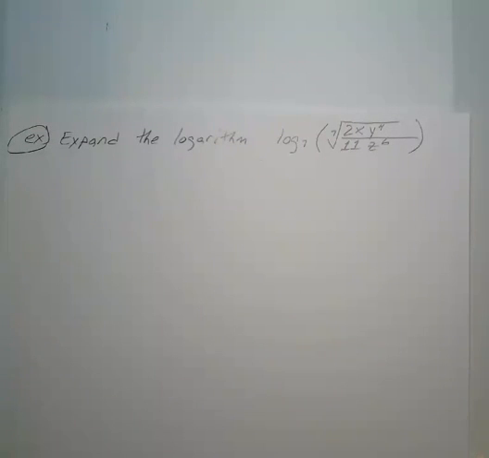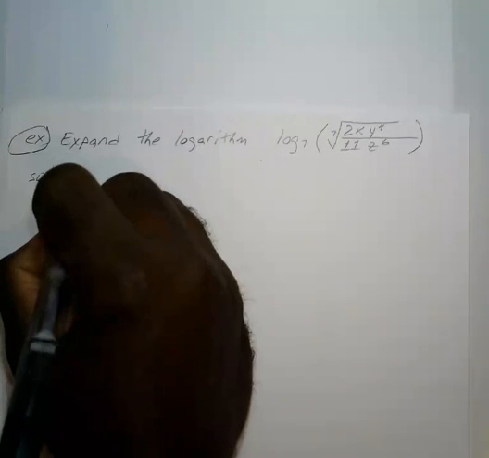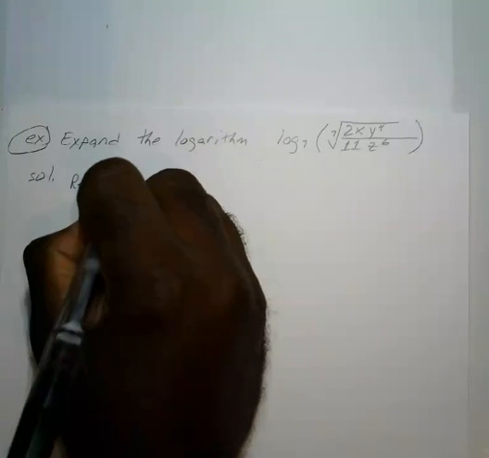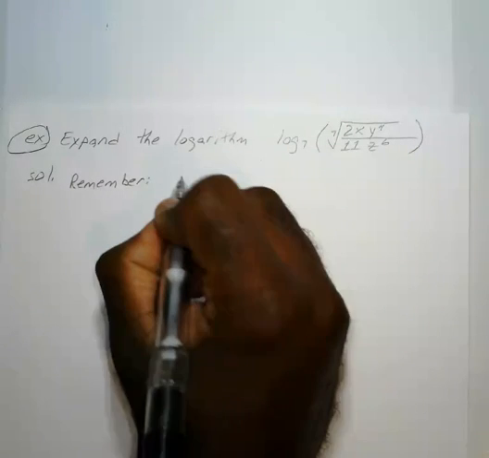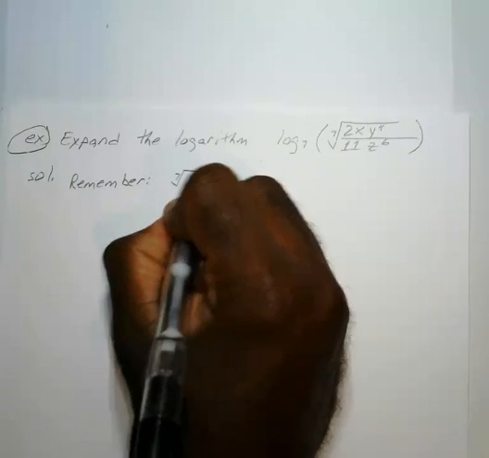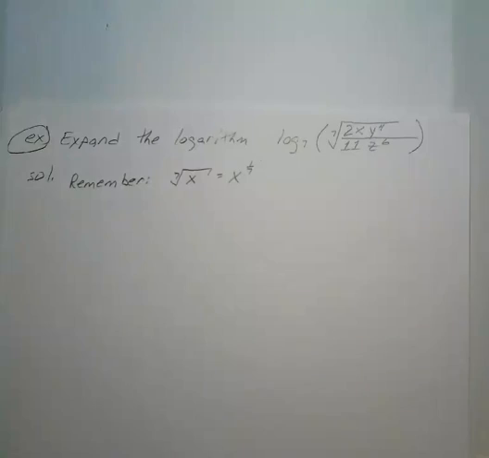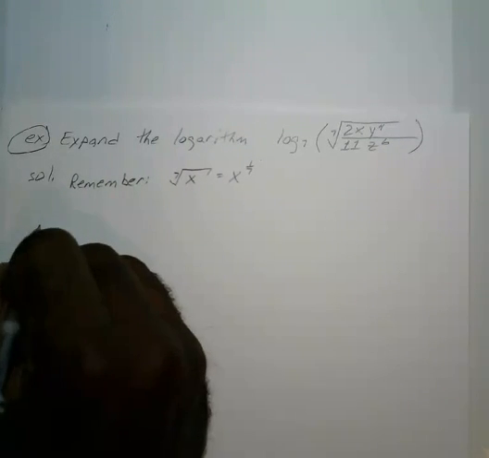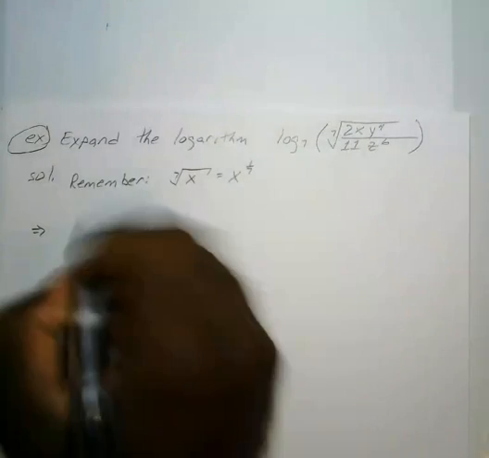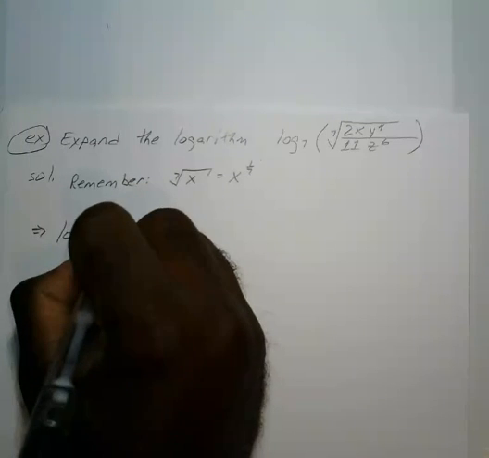All right, so before we get started, we want to remember that, let's say, the 7th root of x equals x to the 1/7 power. Okay, now the reason that's important is because if we start off with log base 7 of the 7th root